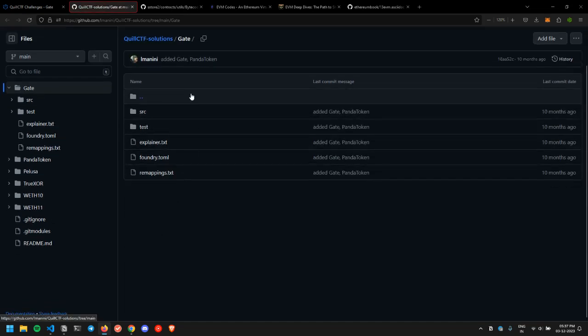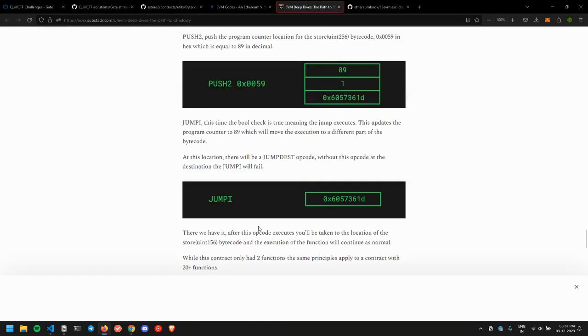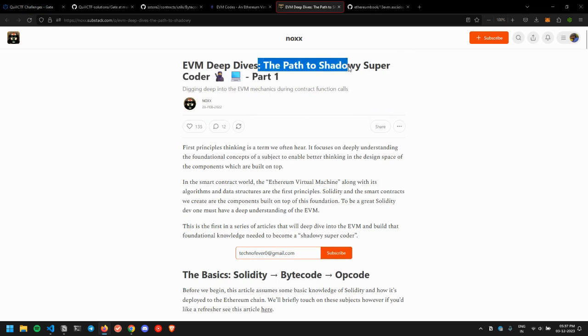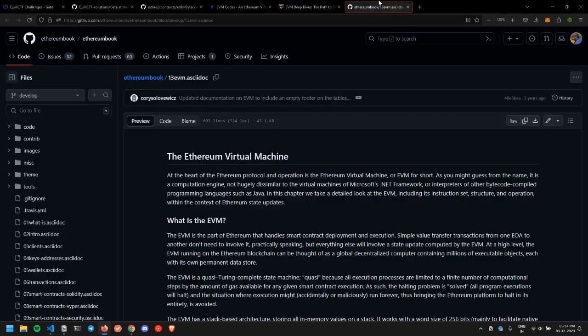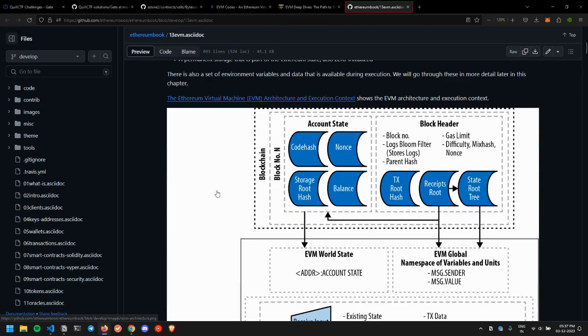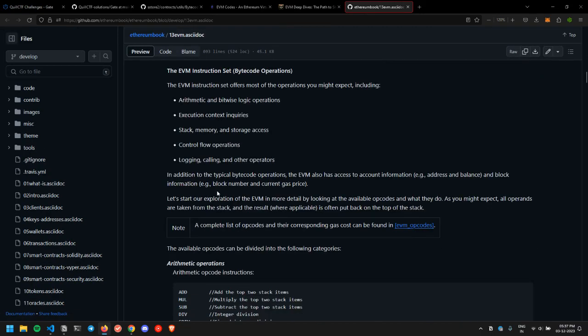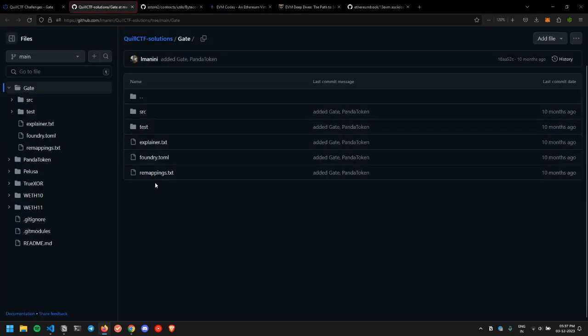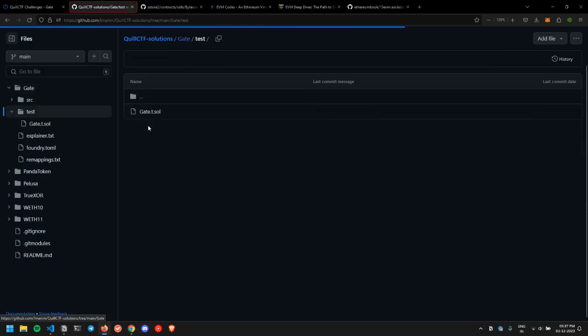For those of you who have little to no knowledge of EVM bytecode, I would highly recommend checking the article by Noxx, Deep Dive into EVM Bytecode, and then the 13th chapter of Mastering Ethereum, where they talk about the Ethereum Virtual Machine. I believe after reading these two, you will be able to make sense of what is happening. So let's just directly jump to the test